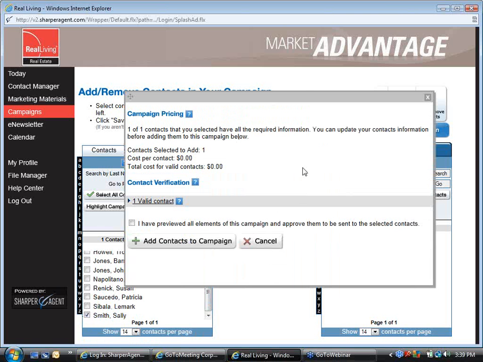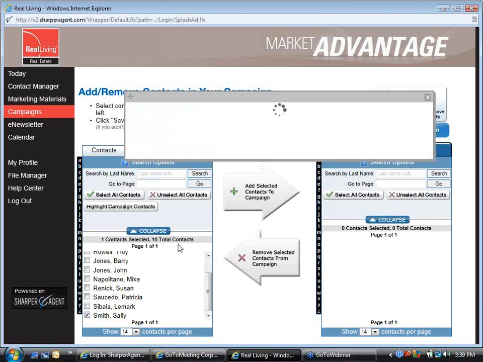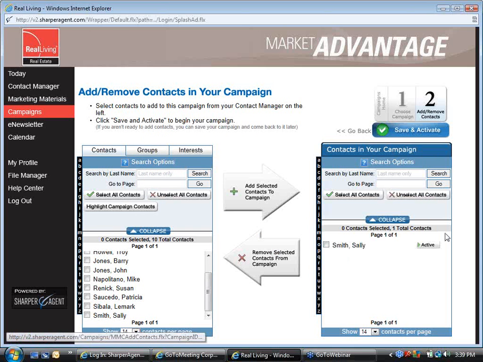So it did a quick check there to make sure that I have an email address for Sally, because this is an email campaign, and I do, so she's a valid contact. I've previewed the pieces of the campaign, and we're going to add her to that campaign. So if I do nothing else, I'm going to go ahead and save and activate this,